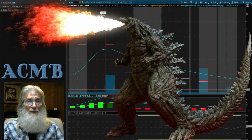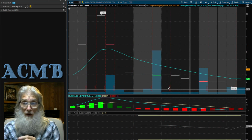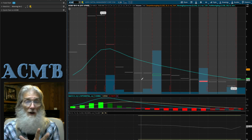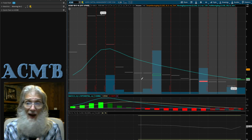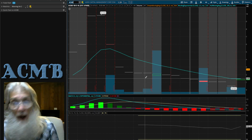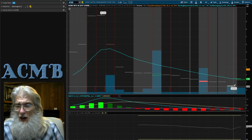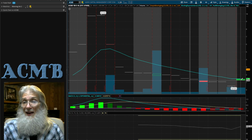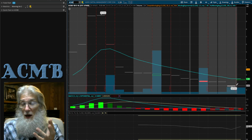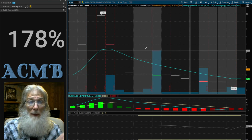Well, interesting chart for ACMB. We are actually looking at 6 months, 4 hours. So you can see there is very little trading on this, and there's no telling how long this has been not current, or if they just came out of being expert. Maybe they were even locked up before that. I don't know. But here's that setup again. You were down at a low bubble here, and this was 50 cents. Its very next jump went to $1.35. So you're looking at 85% gains there, something like that. No, 120, 130% gains. So just on that one bounce. And here's our high, folks,